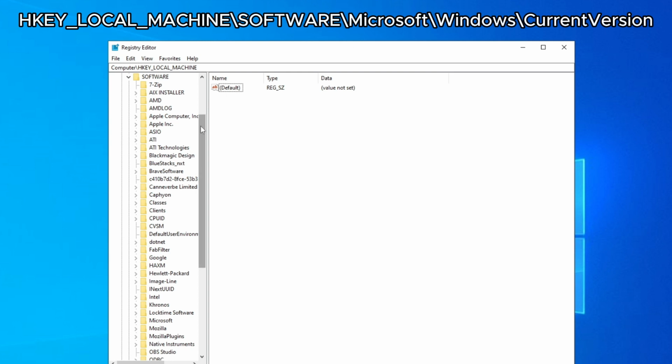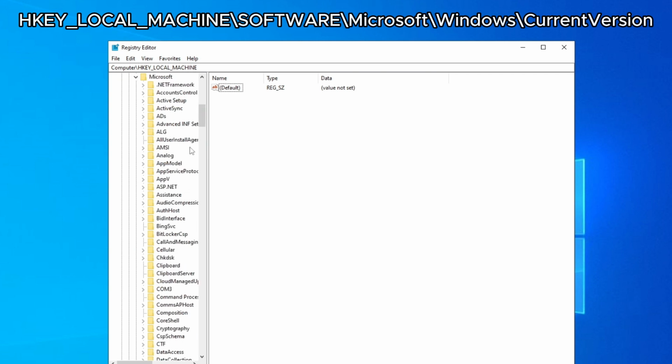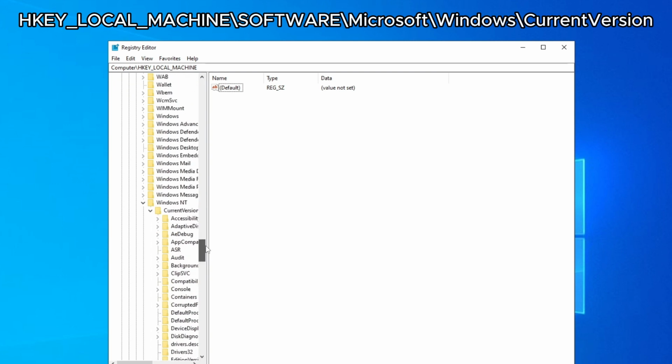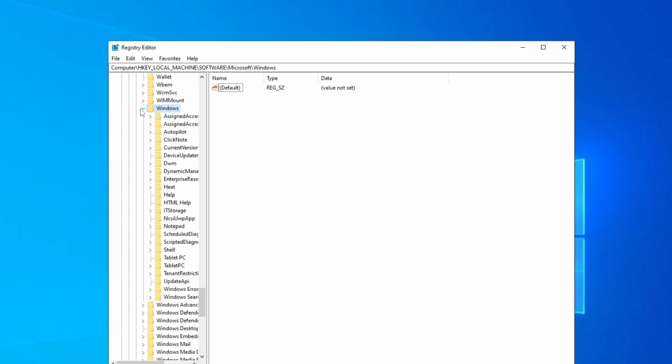And then we have to find Microsoft here. Windows, we have to find Windows. Windows, there we go. We expand it